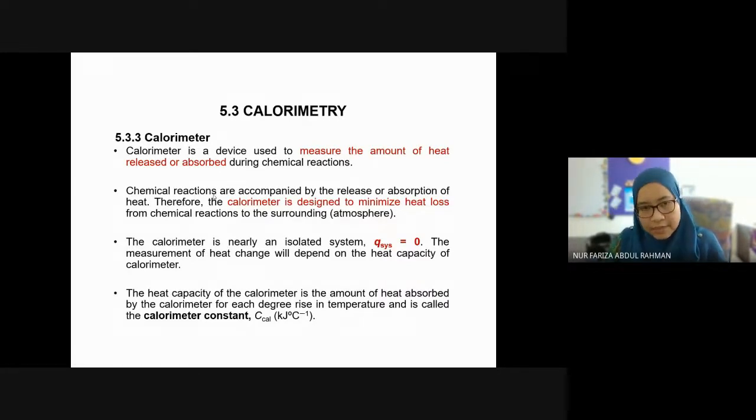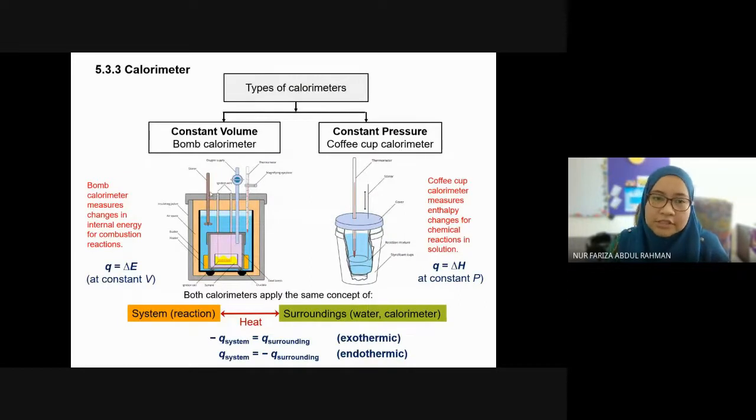Okay, so we have two types of calorimeters. We have the constant volume calorimeter, also known as the bomb calorimeter, and the constant pressure calorimeter, known as the coffee cup calorimeter. For the constant volume calorimeter, or bomb in specific, of course, we will be calculating the heat release. Please take note that if the question is asking for energy change,